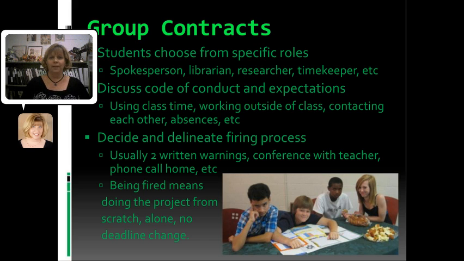If they're comfortable with it, they might text each other, exchange phone numbers at that point, and figure out what they're going to do if they're absent, etc. And then they decide and actually write out the entire firing process. Now, the firing process is really key because it's your way of keeping people in your group